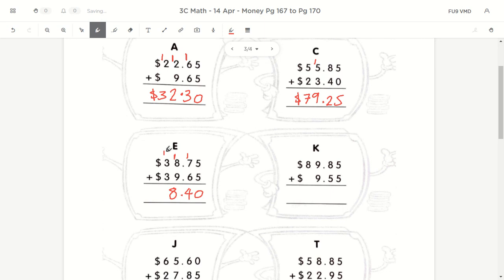And then there's a regrouping 1. 1, 3, 4. 4 plus 3 is 7. So $78.40. Okay, for K,